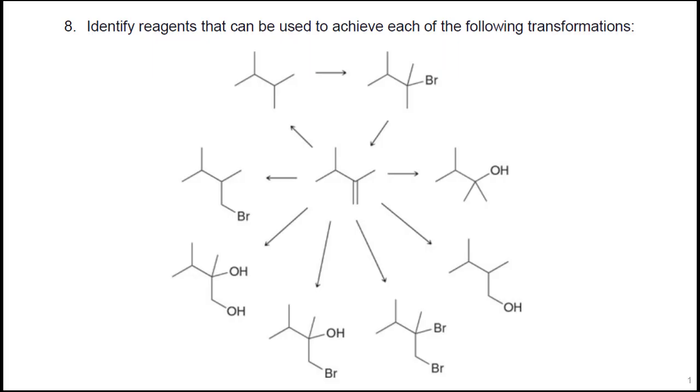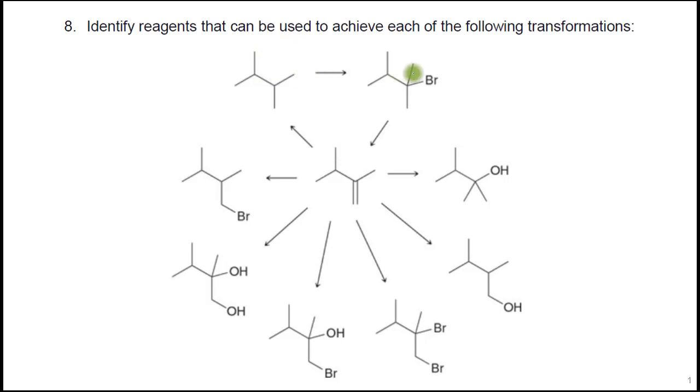In Chapter 12, one of the big things is to be able to recognize what reagents can do what in reactions. So number 8 is asking us to identify these said reagents for each of the transformations. And you can start anywhere in the wheel. If you want to start with the top here,